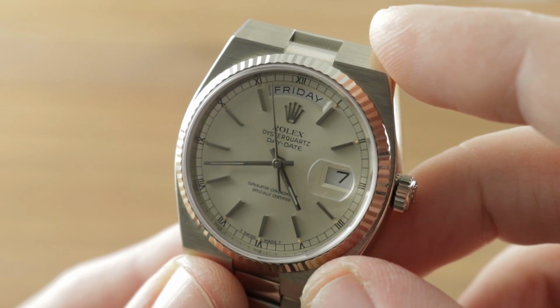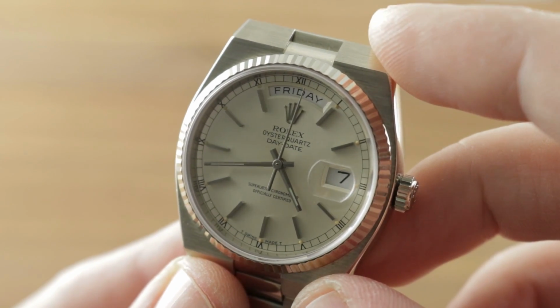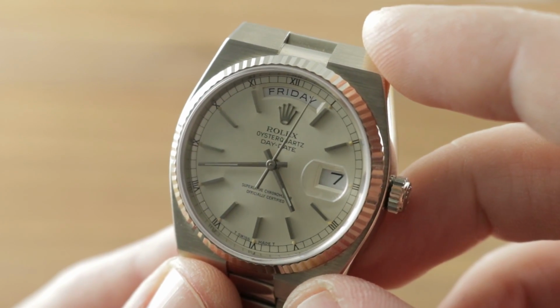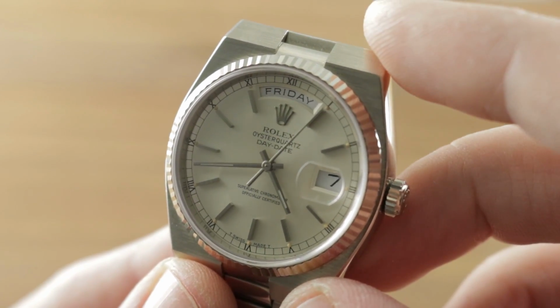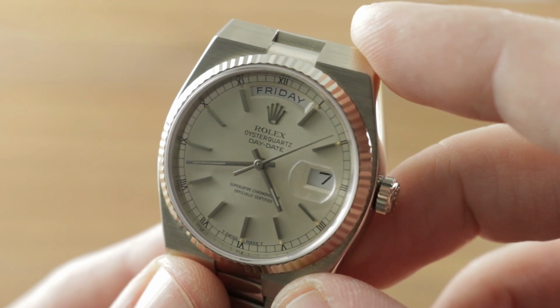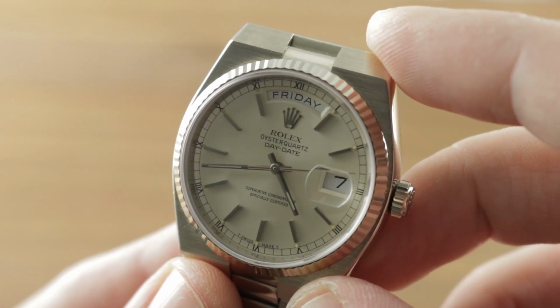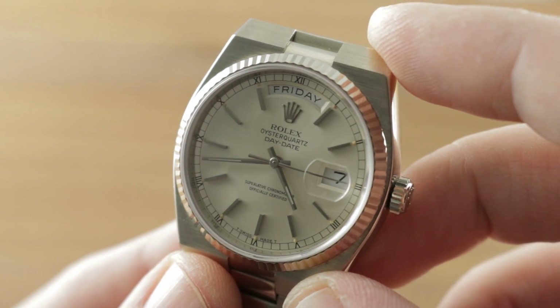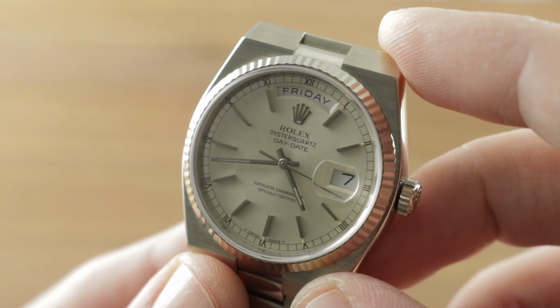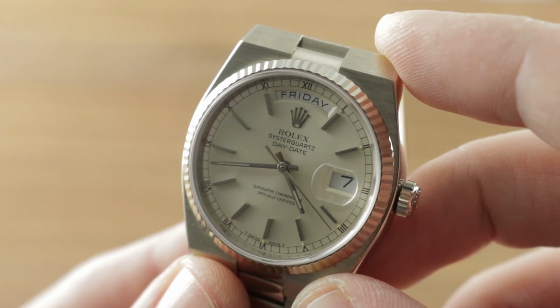And today we are talking about a personal grail watch of mine. I was recently at Dubai Watch Week speaking to a noted Rolex expert and collector, and we just kept coming back to the watch that I'm holding right here, a white gold Oysterquartz Day-Date. Now, he one-upped everybody by popping out a perpetual calendar Day-Date prototype that never made it to market. Okay, that was pretty cool, but this watch right here is pretty much the best you can get